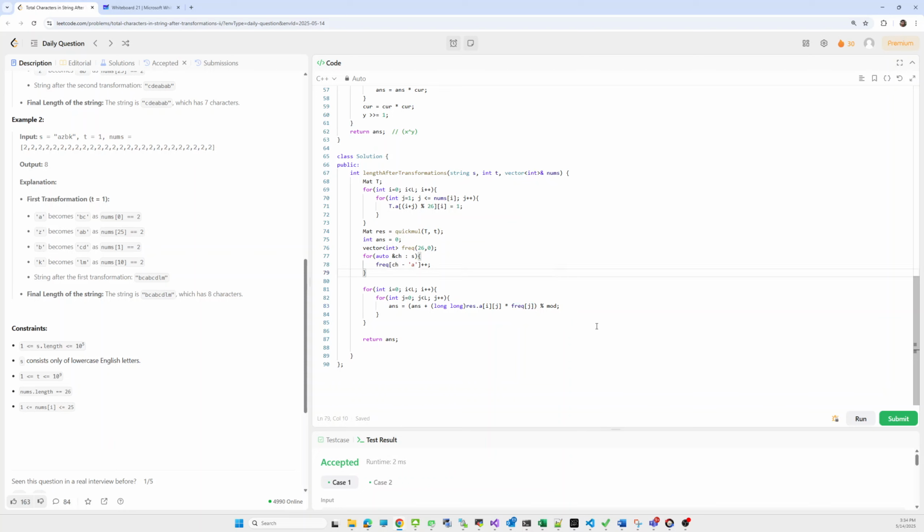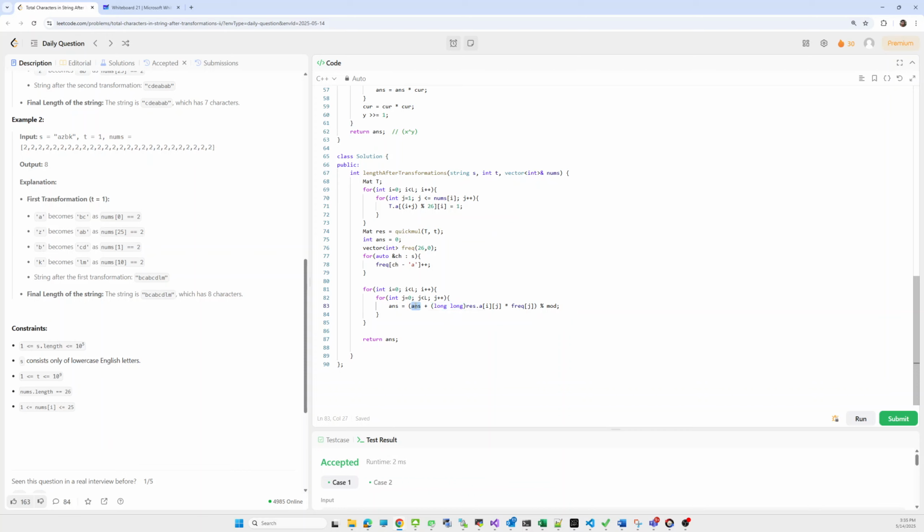Okay, this is the simple approach. In the end we'll just return the answer. Now we have to take care of one thing: this multiplication can go out of range. That's why we'll do this multiplication in long. We convert to long, and after converting we add up the resultant value in the answer.